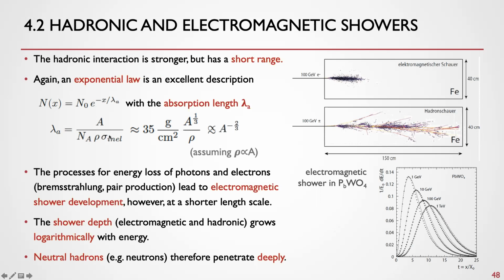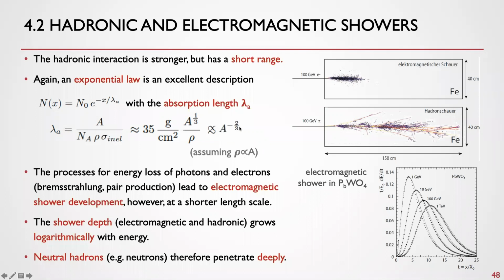It is proportional to the number of nucleons in the nucleus, and because we've already discussed that the inelastic cross-section roughly scales with A to the power of 2/3, we can take the ratio here and get the A to the 1/3. However, the density also we can assume very roughly to be proportional to A, and hence the absorption length very roughly for different materials scales with the power of